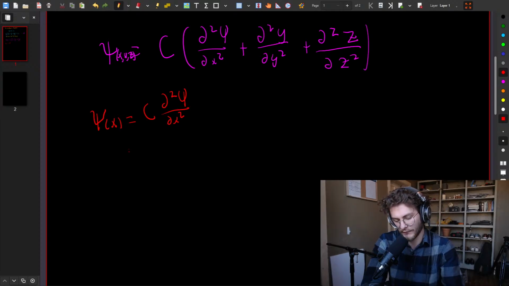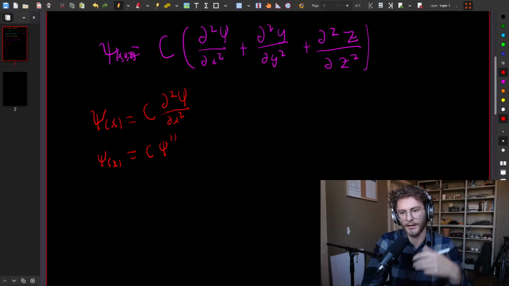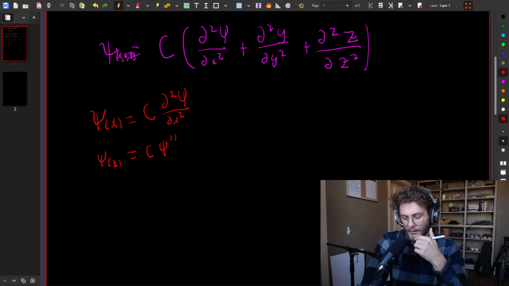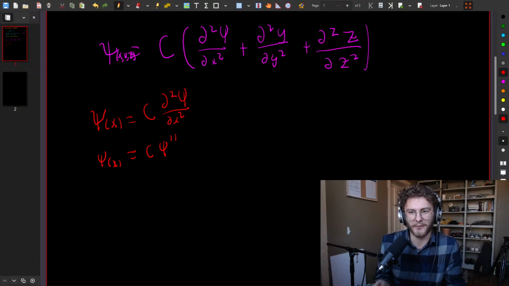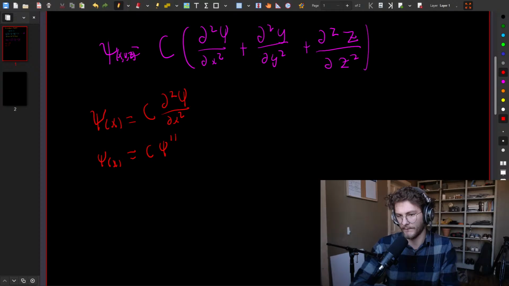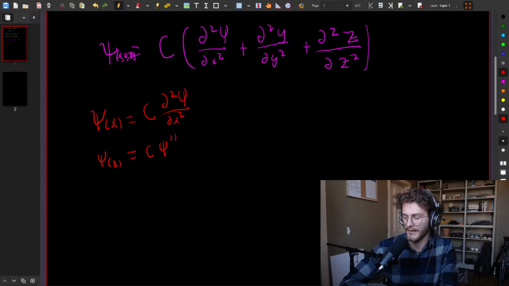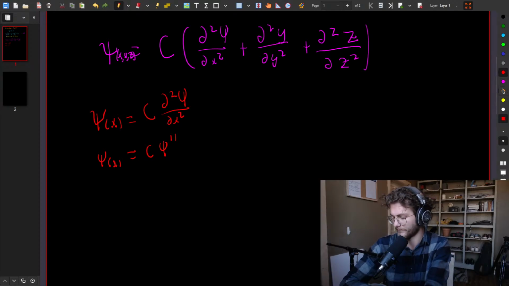Because really, this is just the same as psi equals c psi double prime with respect to x. And this is pretty straightforward. We can just guess an equation that functionally acts this way. There's a couple. One of them is e to the x, or e to the mx. So if we were to say that we guess, we could use the principle of superposition. So we're going to use orange again. So guess